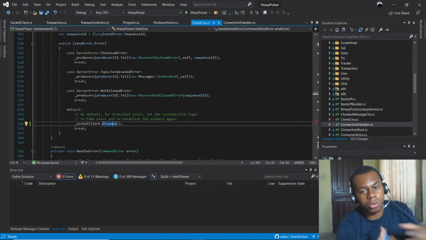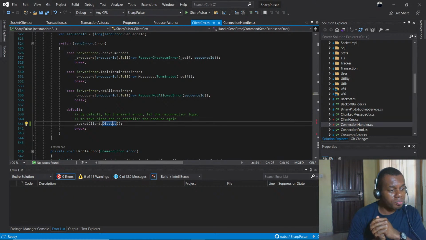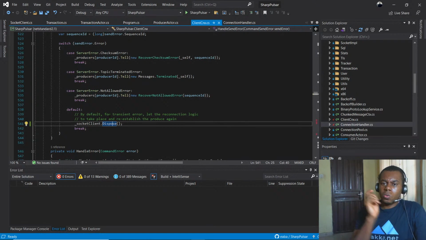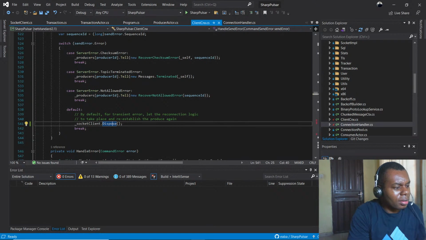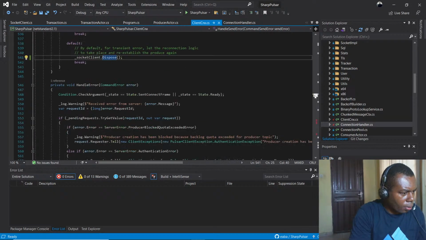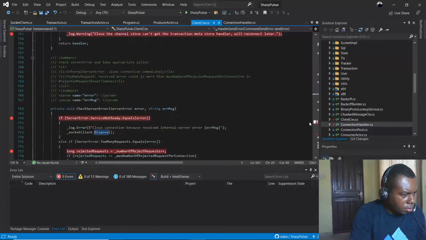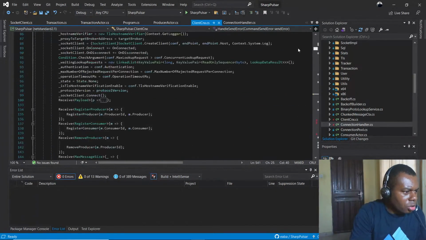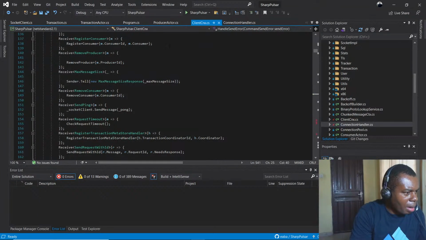That means we will create this connection. Client connection, we recreate the socket client connection and all that. So I've studied it and I understood how that works. So that's that for that. But the only thing now that we are not doing is handling the request, so we are not actually handling requests. So what I'm going to do is